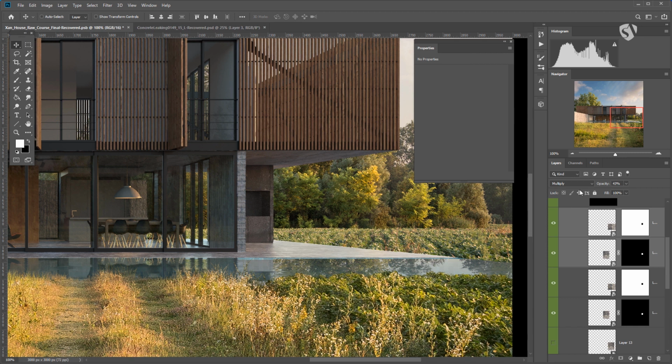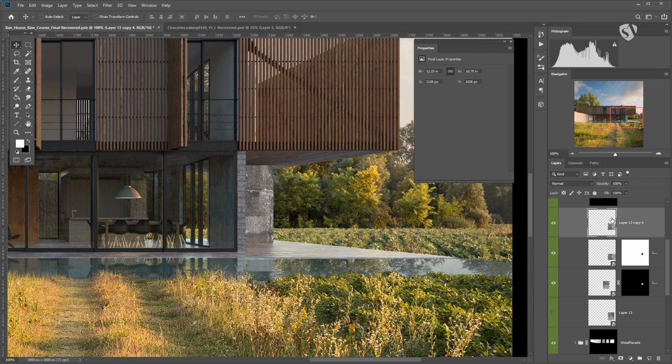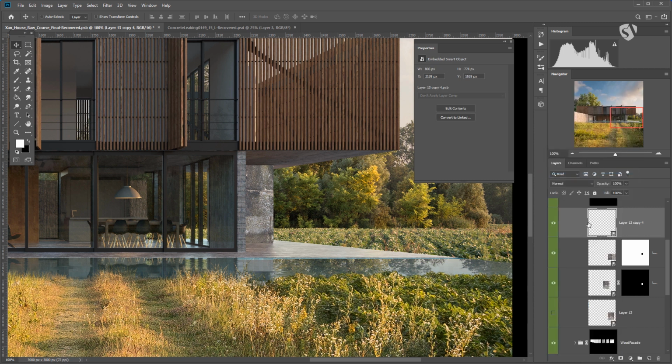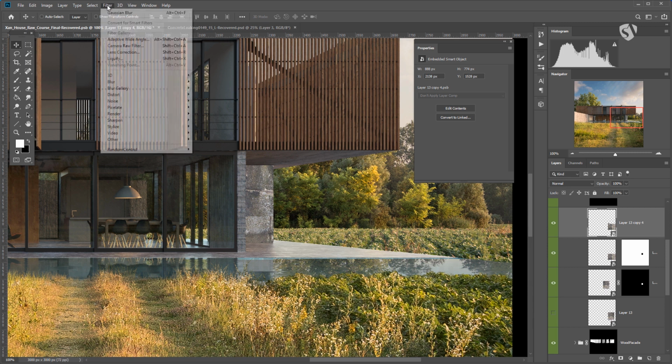And now we take this, we go back to normal mode. When you go back to 100% opacity, we merge them together. So this is going to be our bump map. Now, to make a bump map, we go back to our smart object because we need to apply a filter and we don't know if the first time we apply the filter it's going to look good. We want a backup. And then we go to filter,